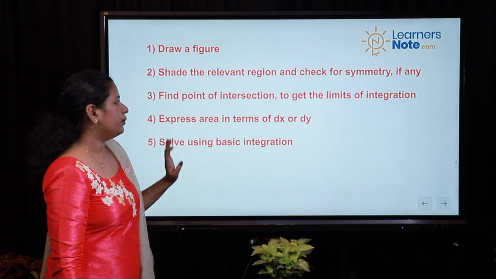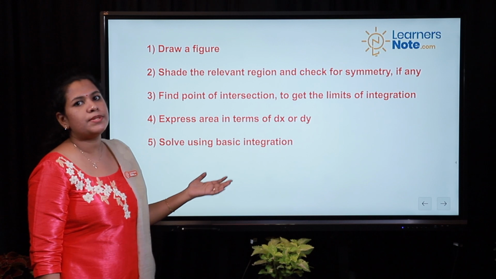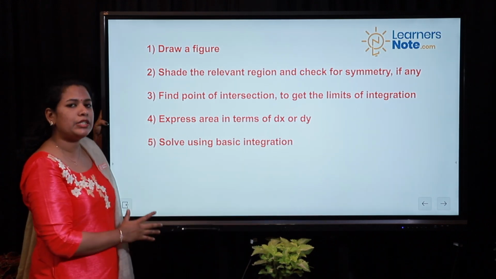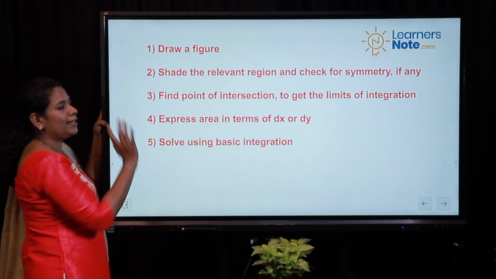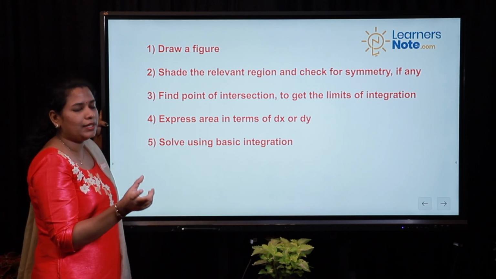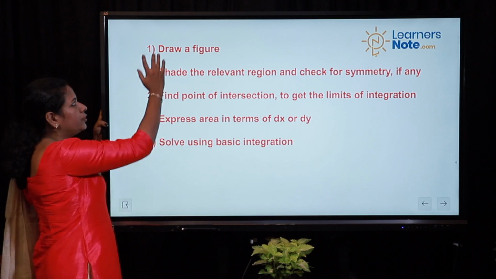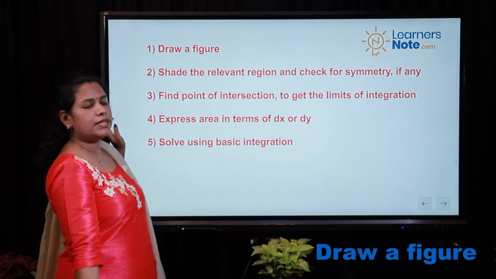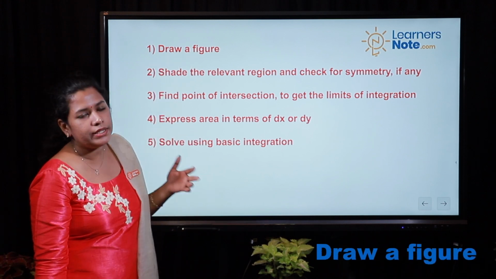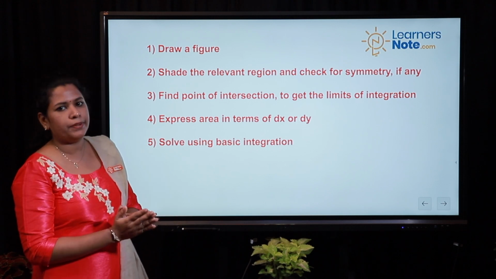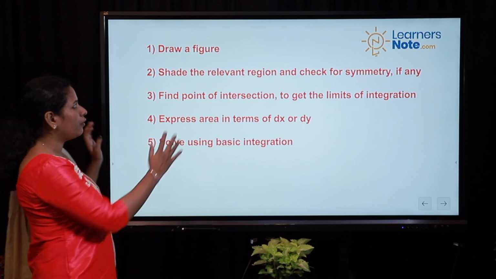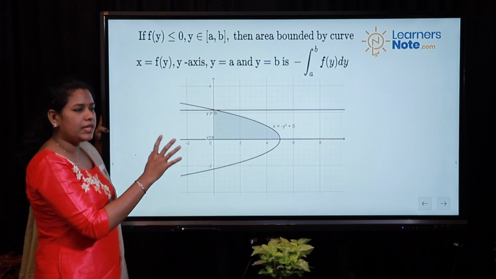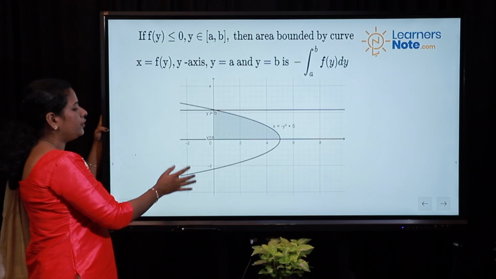So I told you already, these are the 5 steps we have to follow. Through these 5 steps, we can simply solve all these problems. The first step is, when you see the question, at the moment itself you have to draw a figure. For the CBSE and all, in the answer sheet itself, they will attach a graph paper with it. So if you want, you can use that graph paper. Otherwise, you have to make a rough figure. The first step, when you see a question from this chapter, you have to draw the figure.